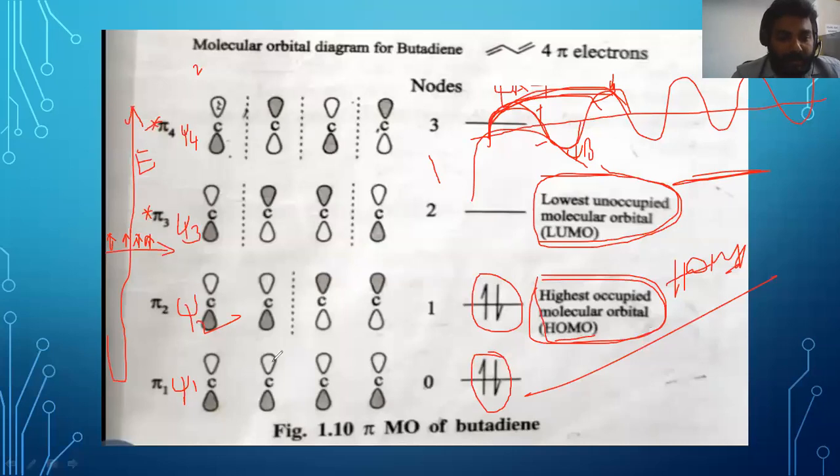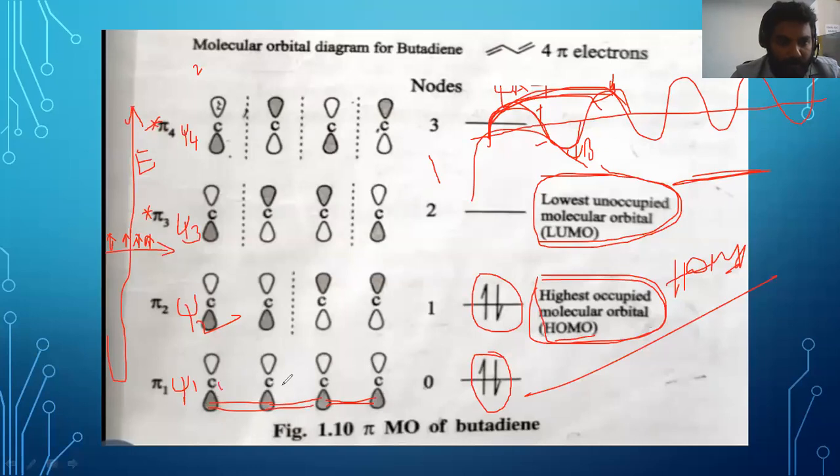Now we see the diagram here. All empty ones are on the same side, and the full ones are on this side, denoted like this. There is a bond between here, an electron bond, which is very good. Here is a bond between two: C1, C2, C2, C3, C3, C4. How many bonds are there?